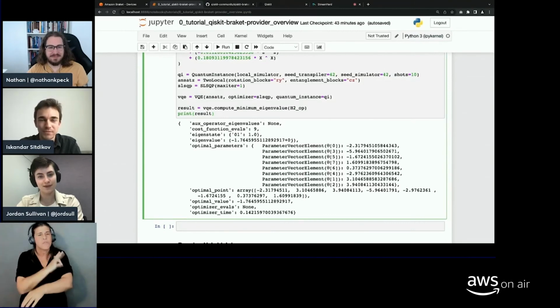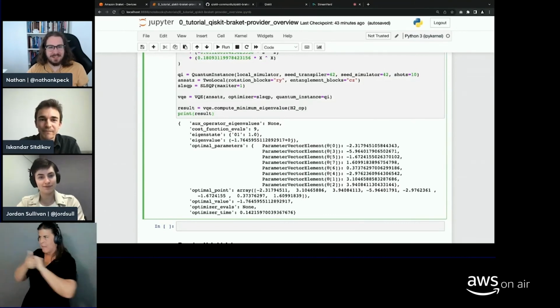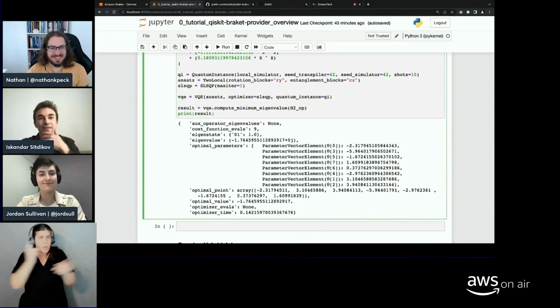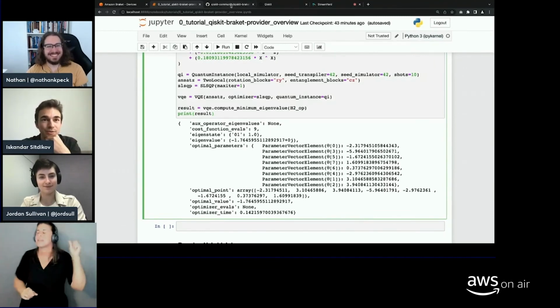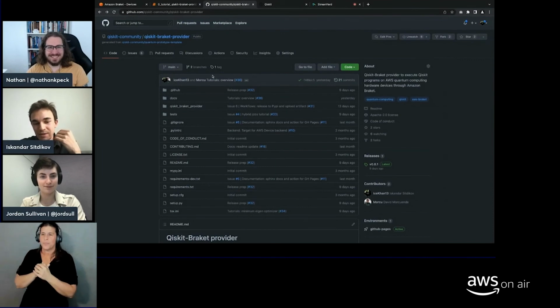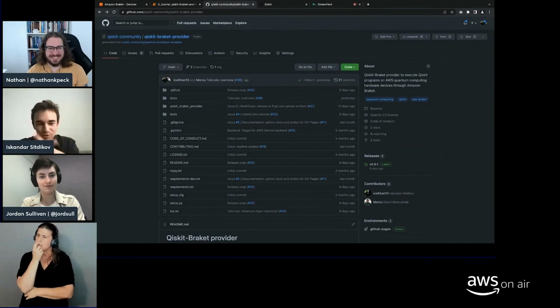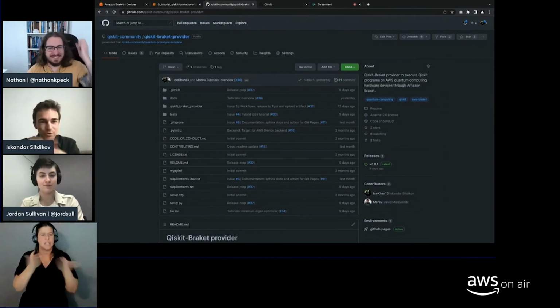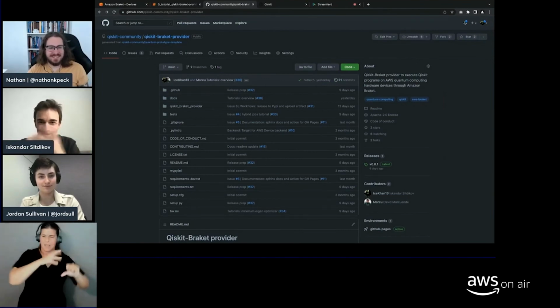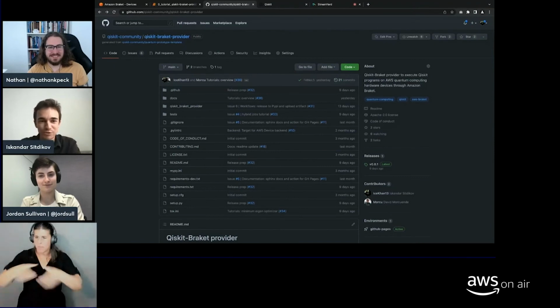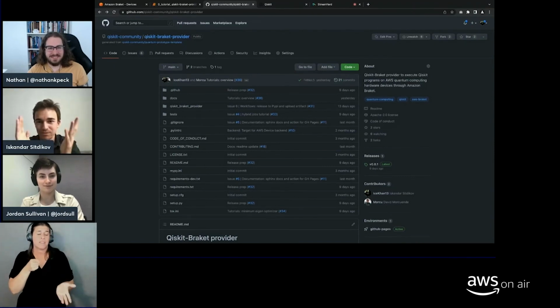Now, when you said collaboration, I'm assuming this is all out in the open. There's a GitHub repo somewhere. Yes, exactly. Because Qiskit is open source, and we're trying to be pro open source to make science, development and programming as open as possible, it should be accessible to everyone. And this plugin is not any different.